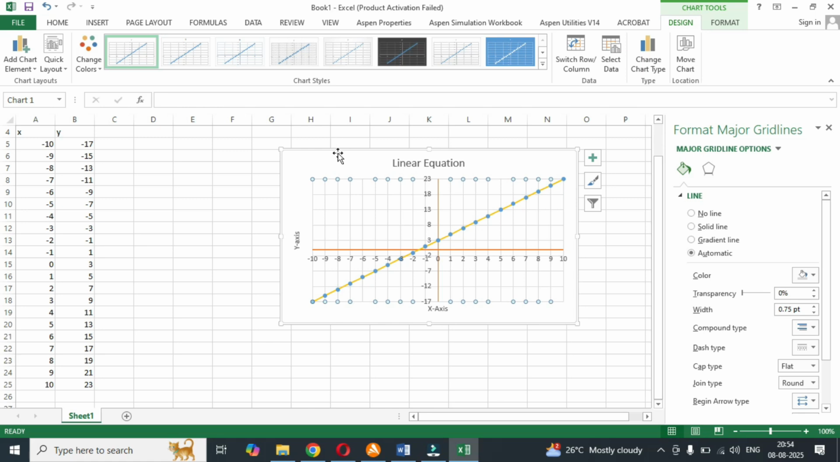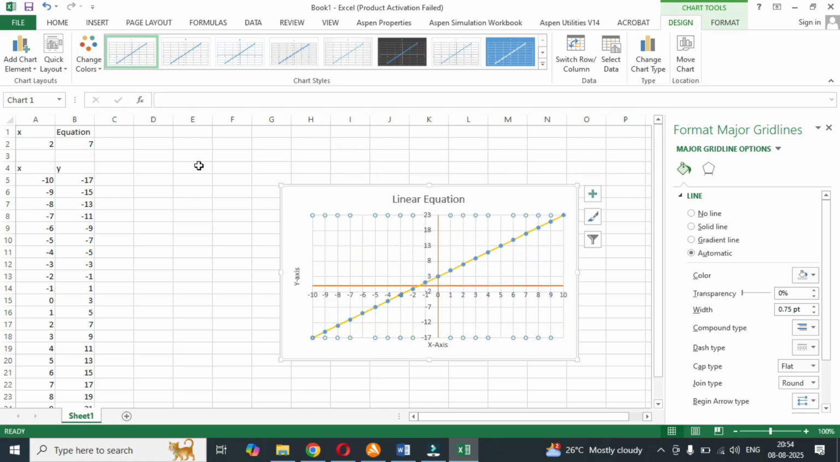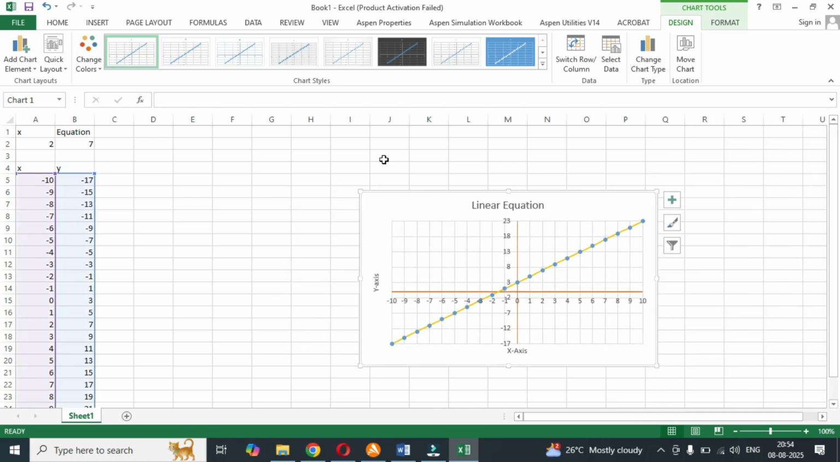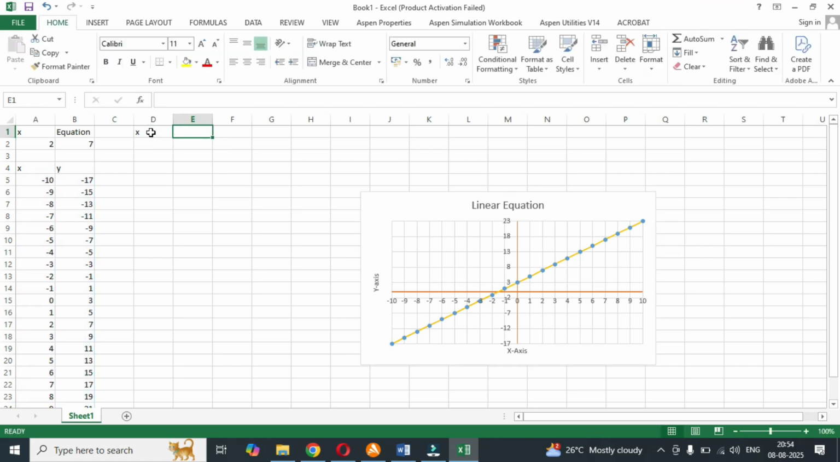Okay, now let us do the things for non-linear equation. Let me keep the graph aside. Let me minimize this one. Now let me do the same thing, X and Y equation. Now similarly, let me start with assumption 0. My non-linear equation is,